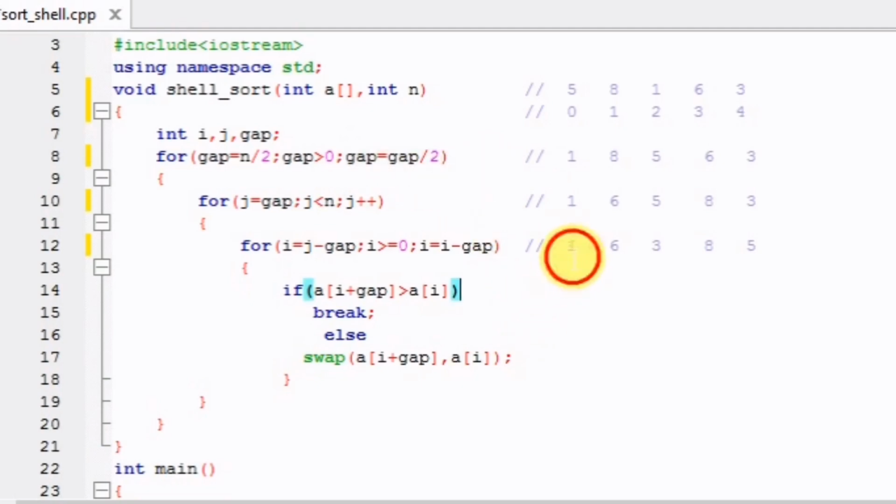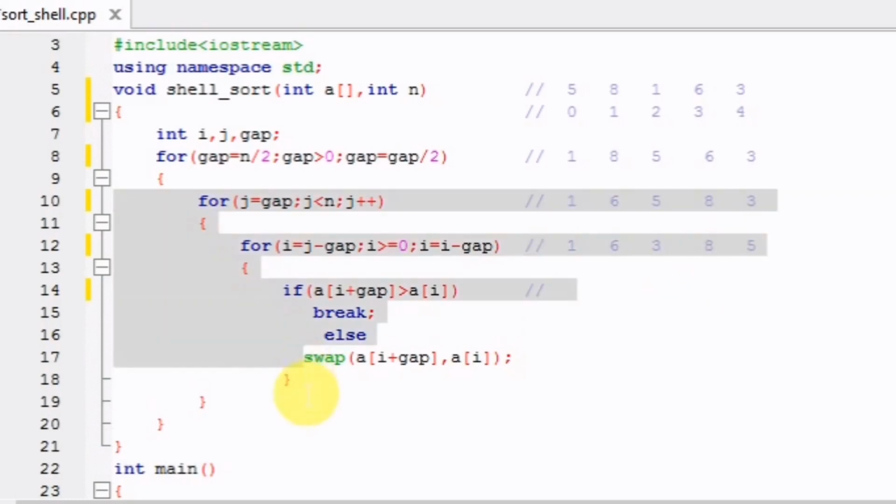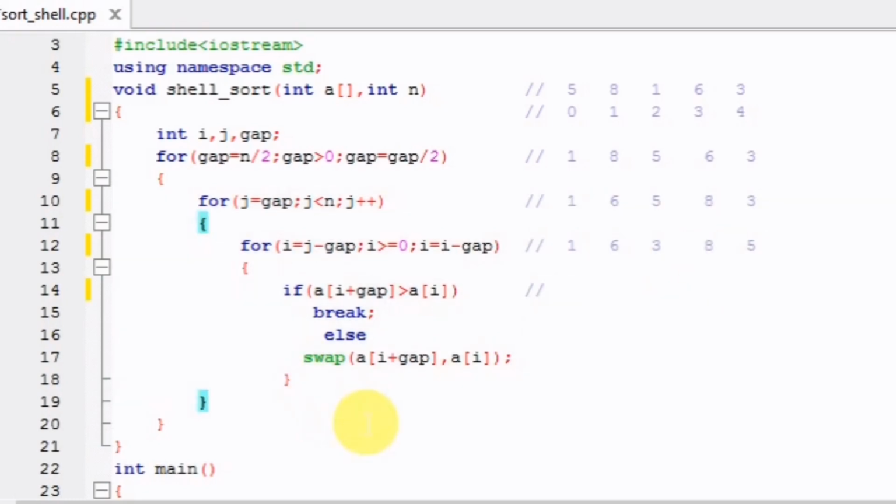So now we need to compare the elements that are only one index apart. That means we need to compare the consecutive or successive elements. Now again this piece of code will start executing, in which the variable i will point to this element and the variable j will point to this element. So here the first element is to be compared with the second element. Here 1 is smaller than 6, so we don't need to swap the values, and we will break from here and we will increment the value of j by 1. Now i will be incremented to this location and j will be incremented to this location.